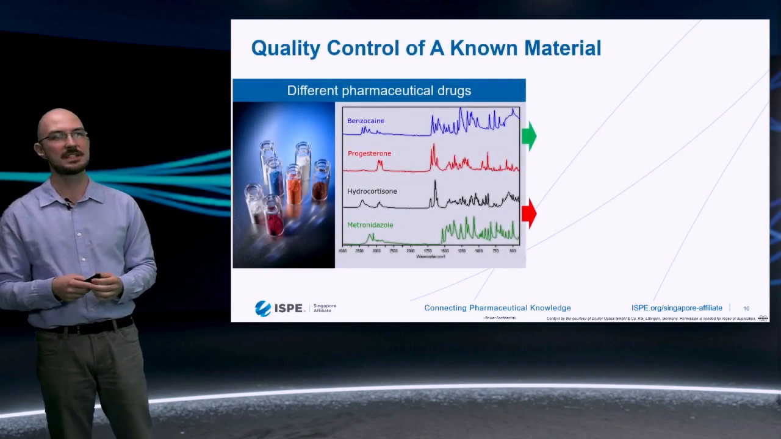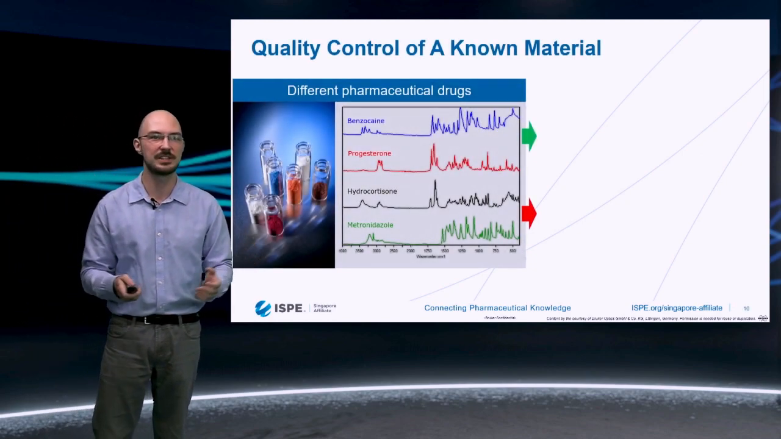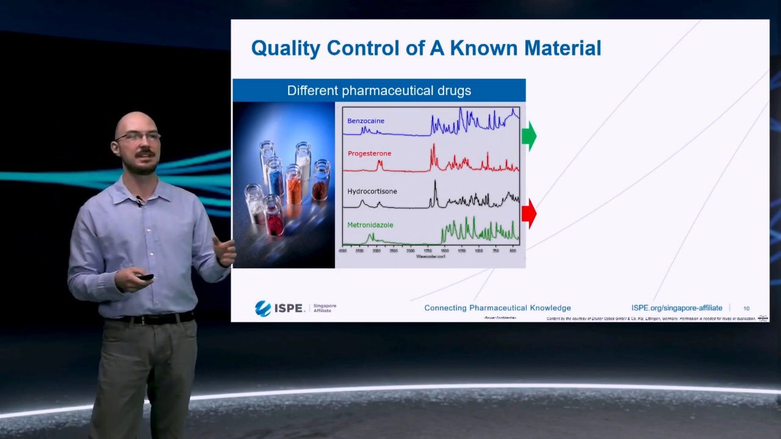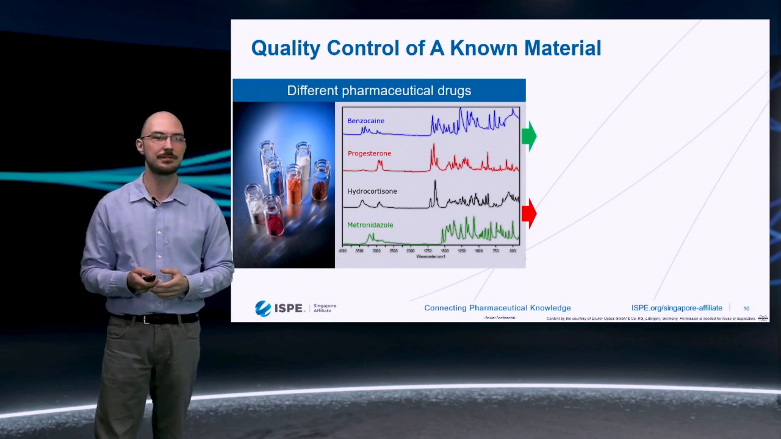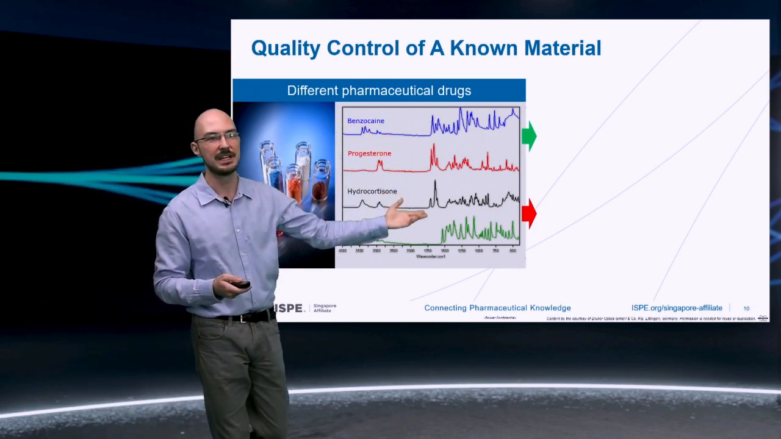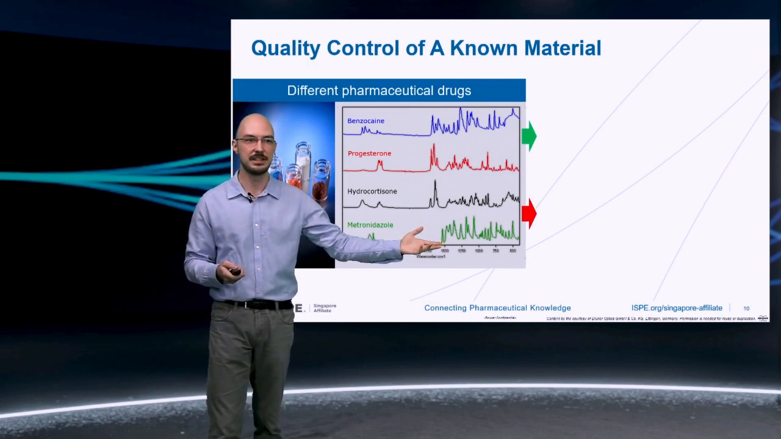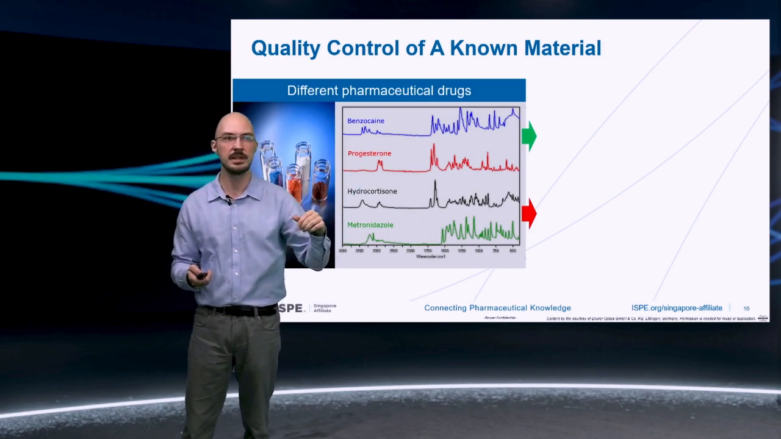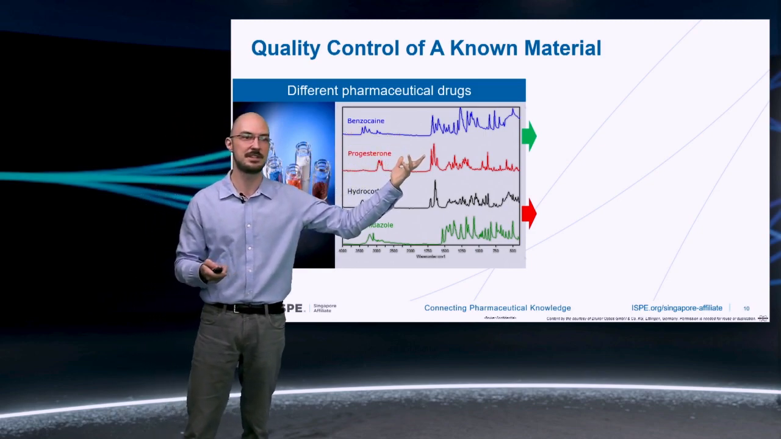So now, the first step, the most prominent one: quality control of a known material. Here you have different examples of medications, and you can already see that, as I said, the fingerprints are all different in nature. Like we start with a benzocaine, then you want to check for this, if this is what